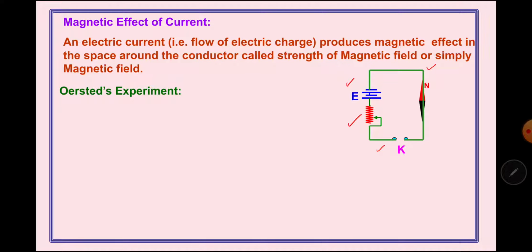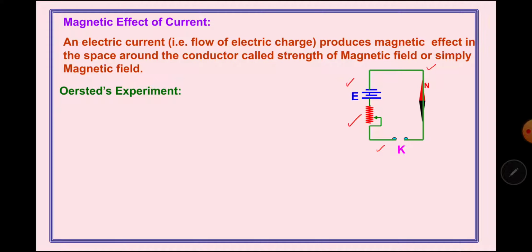In addition to that circuit, you are also watching this red and black portion here. That is the representation of a magnetic compass. Students, a magnetic compass is nothing but a tiny magnet which can rotate around its axis. In normal situations, it will align itself in the north-south direction under the influence of Earth's magnetic field. But if there is some other magnetic field in addition to Earth's magnetic field, then it will change its direction from north-south to align in the direction of the other effective magnetic field present in its surrounding.